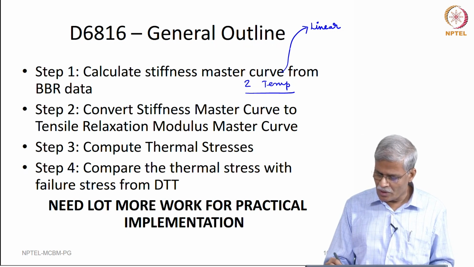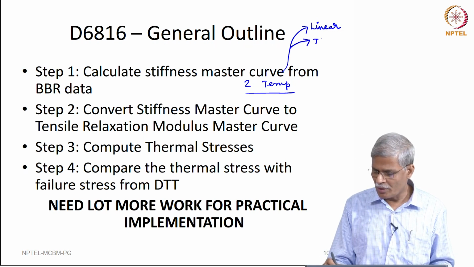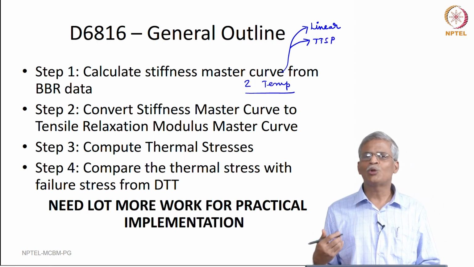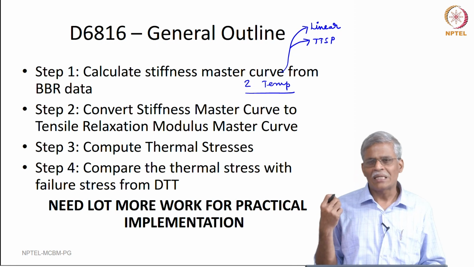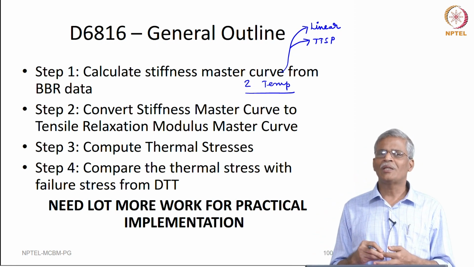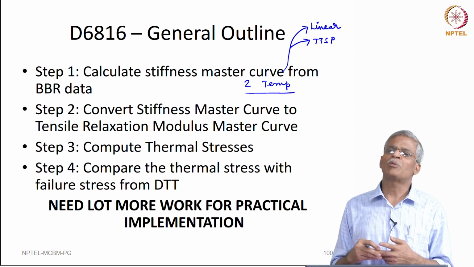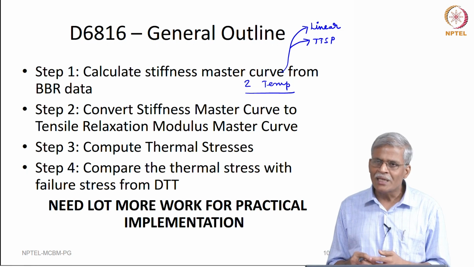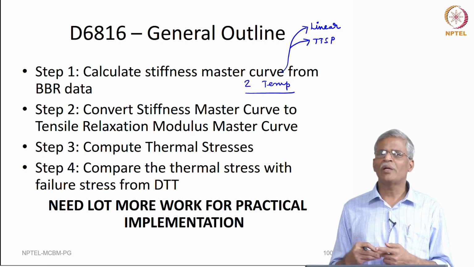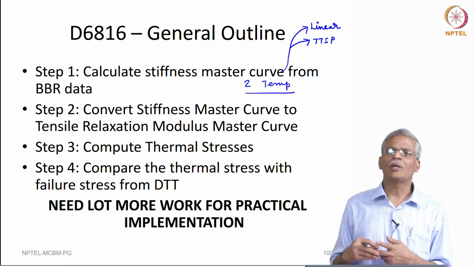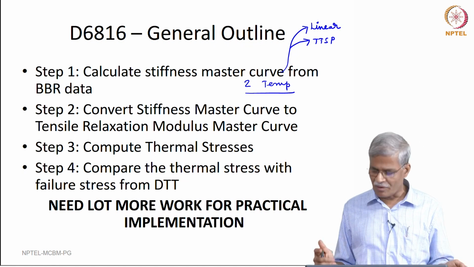Number 2 is, for you to do the time temperature superposition principle, there are many things that you should restrict to. For instance, you really need to measure these things in the linear regime, you should not be measuring it in the transitory regime. Then whether you are using an Arrhenius type shift factor or the William-Landel-Ferry shift factor or a sigmoidal type or a shift factor of the polynomial type. So, all those things need to be clarified.